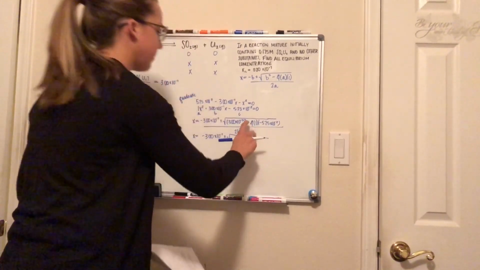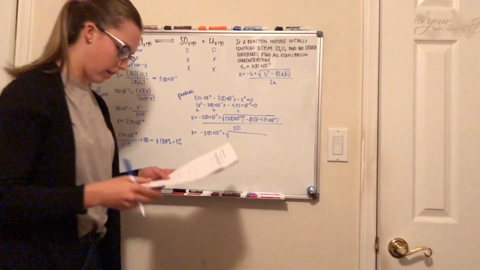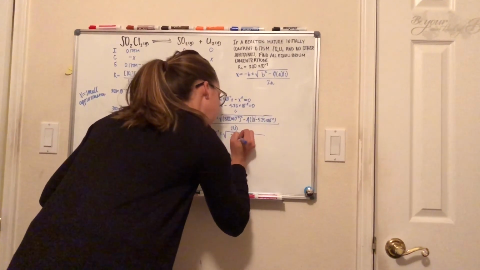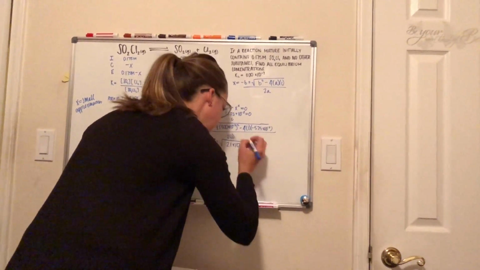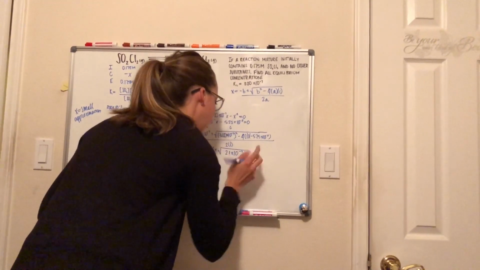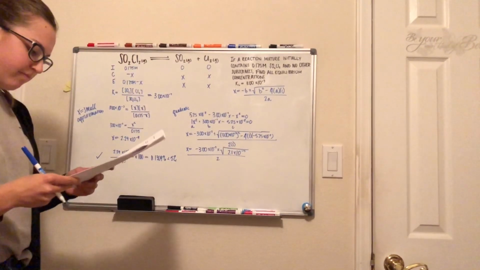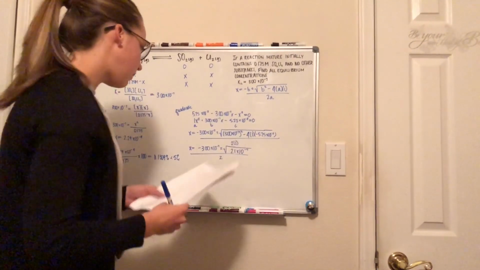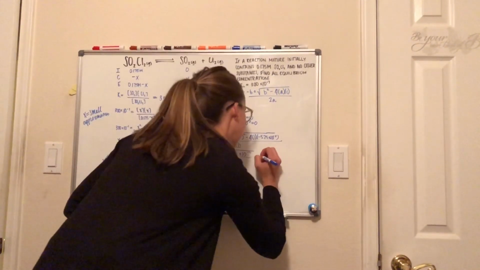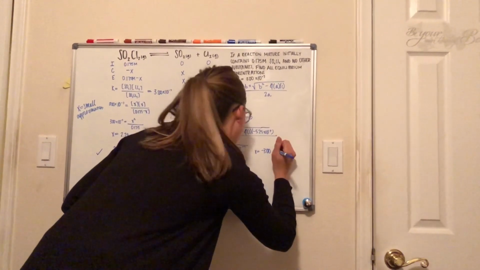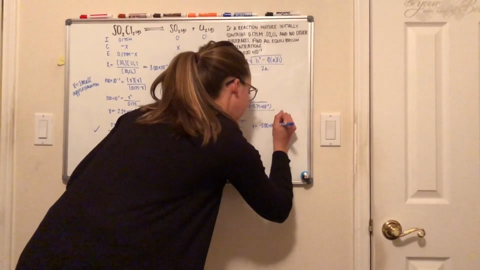So if we add or subtract these two numbers, then we end up with 2.1 times 10 to the negative 7. And we're dividing this all by 2 because that's just 2 times 1. And then from there, if you take the square root of this number, you will get x equals negative 3.00 times 10 to the negative 7